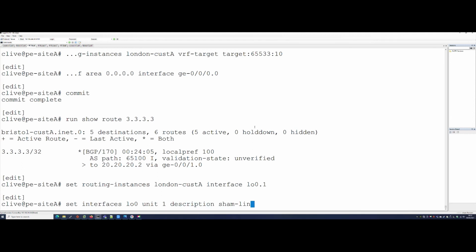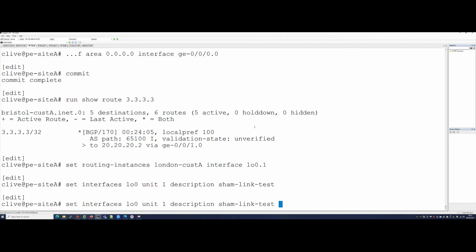Sham link test. This is what allows us to extend across a layer 3 VPN and OSPF connection between a CE and a PE. So we'll call it a test, and let's give it a